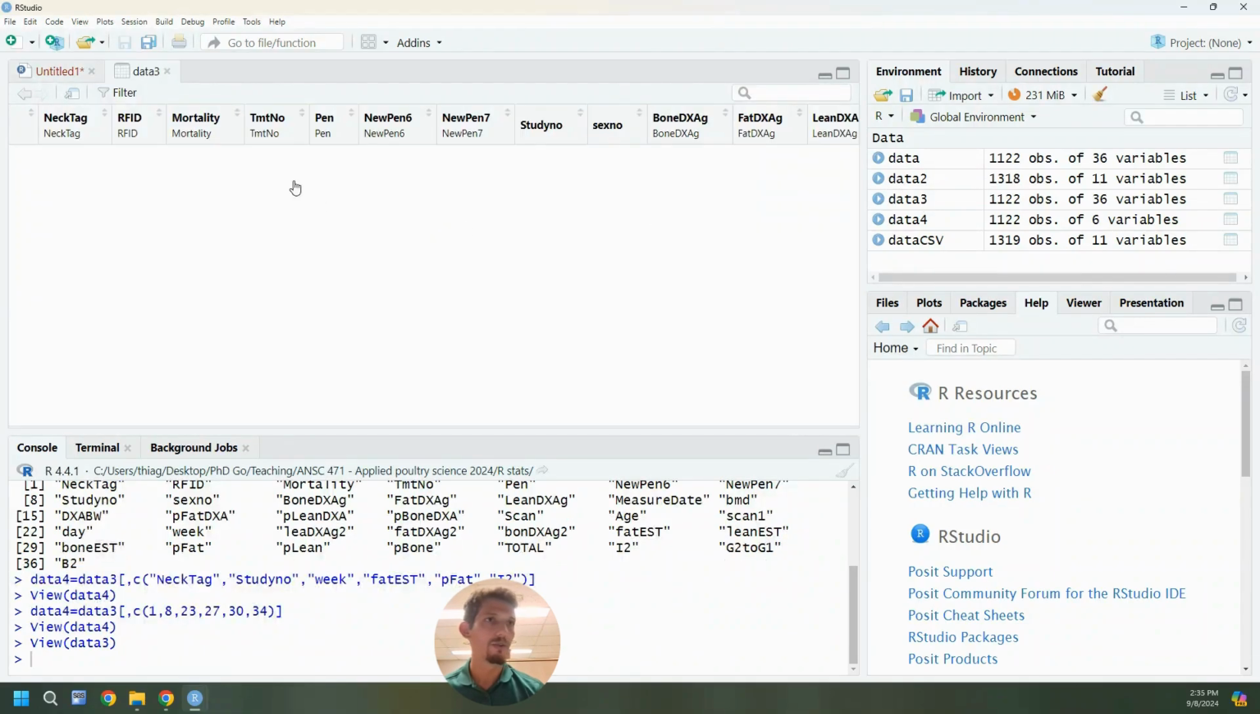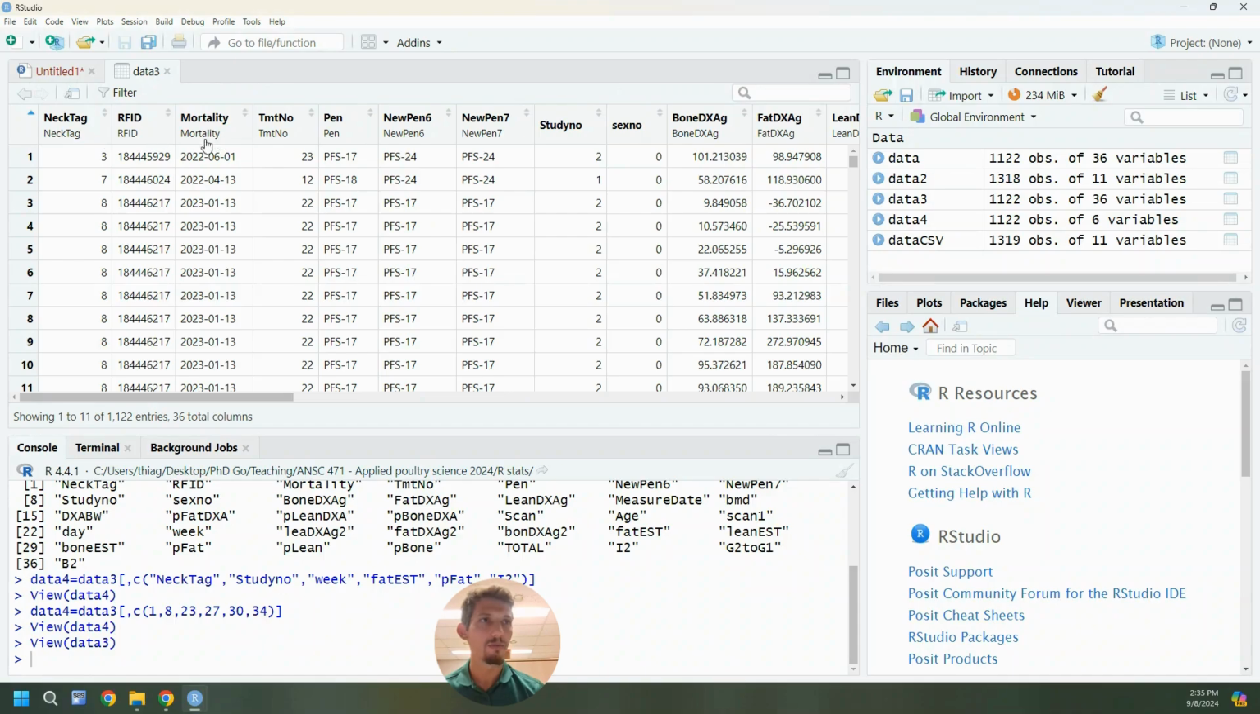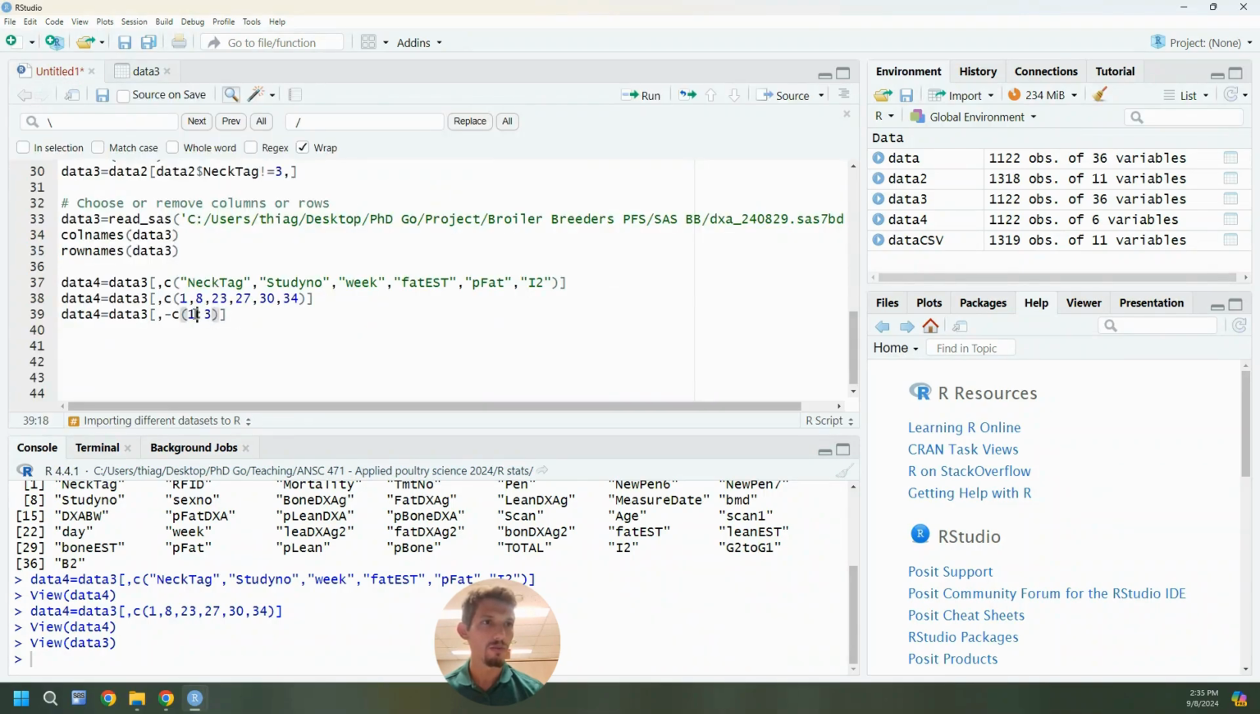So I have data number 3 here: neck tag, RFID, mortality. I want to remove all those 3. Let's say I don't need them. Of course, those are the identification of the birds. I definitely would want to keep one of the 2 at least. So let's say I want to remove number 2 to 4,